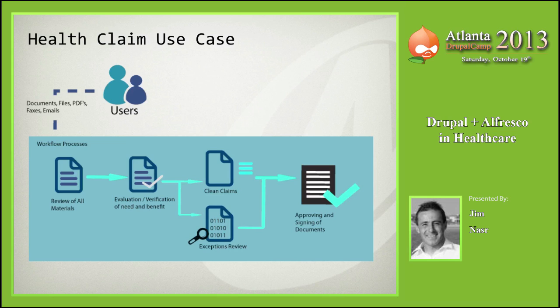So what they'll do is a patient goes to a doctor's office and he has a herniated disc. This is a chronic ailment, and the doctor says, your insurance will not cover you. And Joe says, I'm not sure about that. So he goes to either Aetna's site or Blue Cross Blue Shield site, and he submits an inquiry, right? But that inquiry can take a long time for someone to respond to.